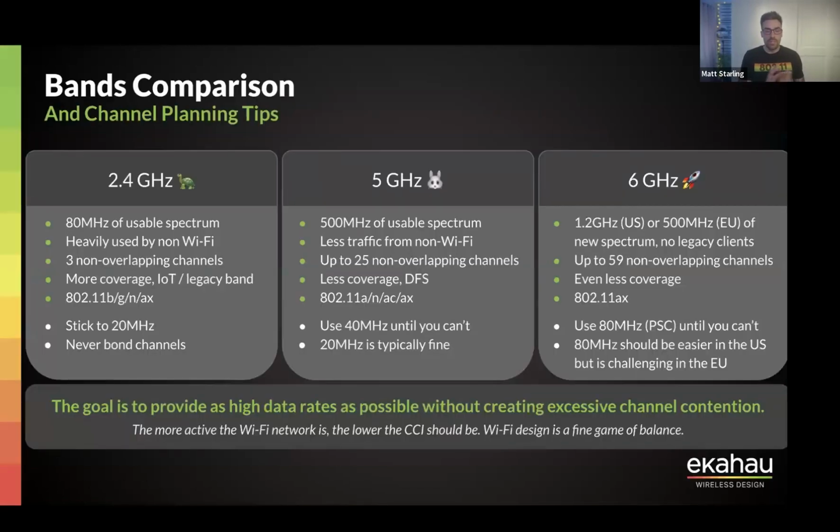I want to give a few tips when it comes to planning your Wi-Fi networks when it comes to channels, because it's such a crucial part of your deployment to have a good channel plan and make use of the available spectrum to you. A lot of people might have said, myself included, 2.4 gigahertz, that's dead, just use it for IoT bands, whatever. But maybe I'll have to eat my hat a little bit because 2.4 gigahertz can